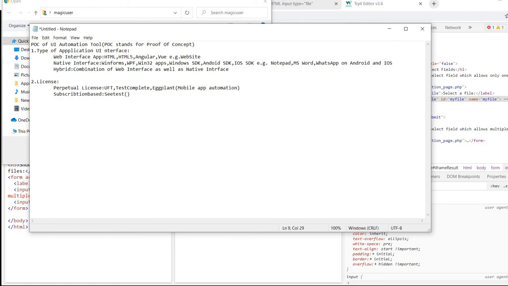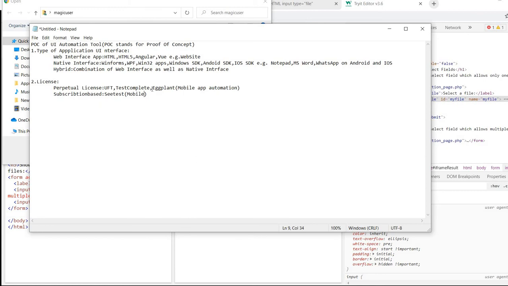A mobile application tool, but a subscription based tool. Now what is a subscription based tool? With subscription based tools, you need to renew their licenses every year by paying the same amount of fee. Let's say $1,500. So every year you have to renew the license by paying the same amount of fee. Now when you do not want to use it any more, then you can stop the subscription. But here in the perpetual license, you do not have that option.